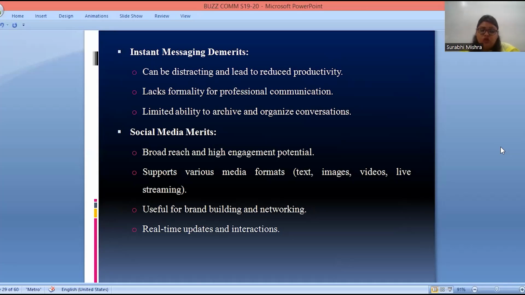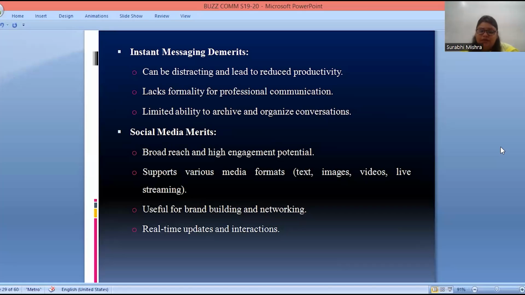Next comes social media merits. Now, we are talking about social media. So there is a broad reach, it reaches the masses, and high engagement potential. It supports various media formats, for example images, videos, text, and live streaming, right?